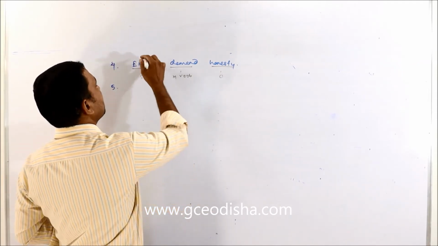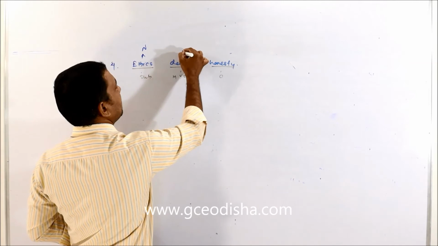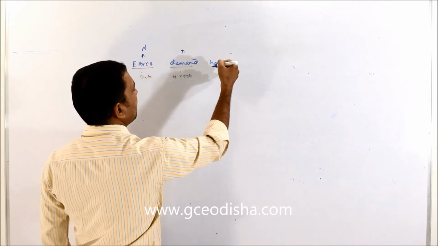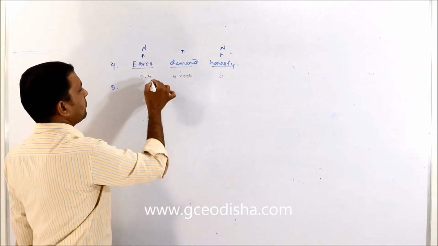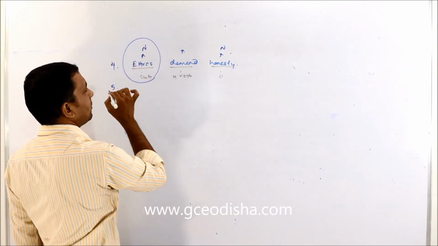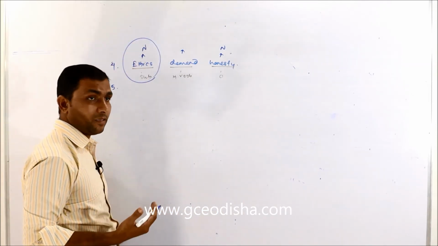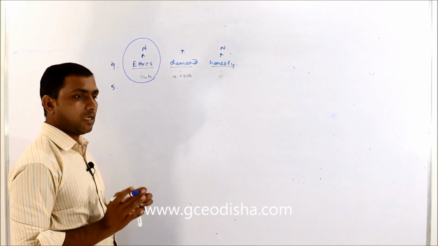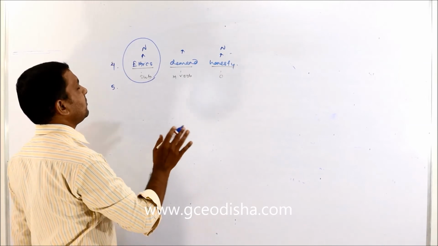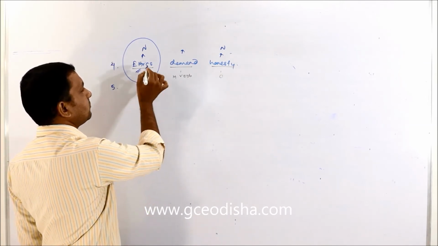Ethics is a noun, demand is the verb, and honesty is a noun. So our focus should be on ethics. Ethics is a singular, uncountable noun. So as it is a singular uncountable noun, the